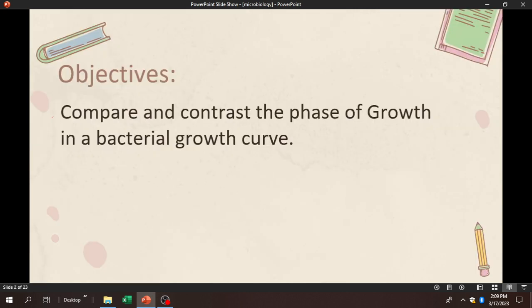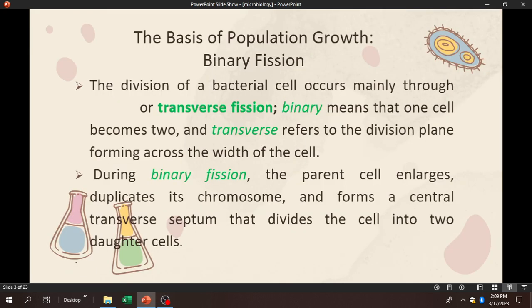The objective: compare and contrast the phases of growth in a bacterial growth curve. The basis of population growth: binary fission. The division of a bacterial cell occurs mainly through binary or transverse fission. Binary means that one cell becomes two, and transverse refers to the division plane forming across the width of